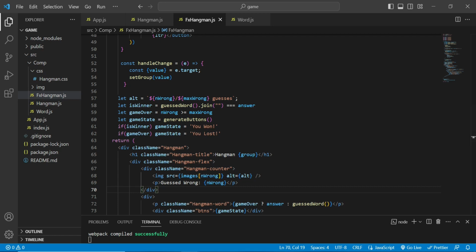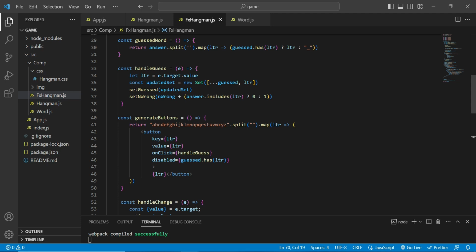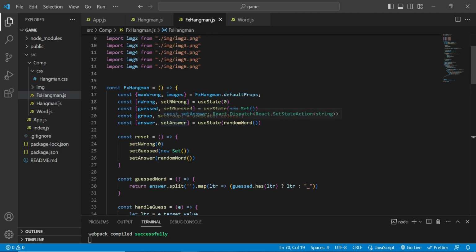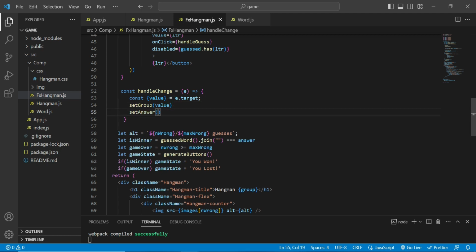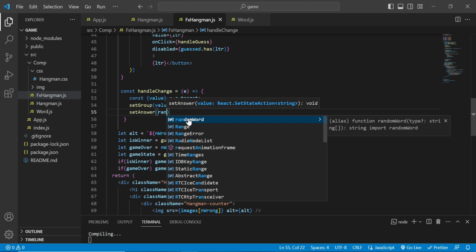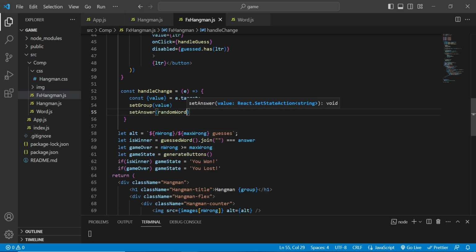Okay, now we need to guess a word depending on the value we say. And we need to say set answer right here, because we are selecting a new category, of course, and I want to call the random word, but I want to pass a parameter which is going to be the value. And why is that exactly? Well, let's make a little parenthesis here and let's go to our